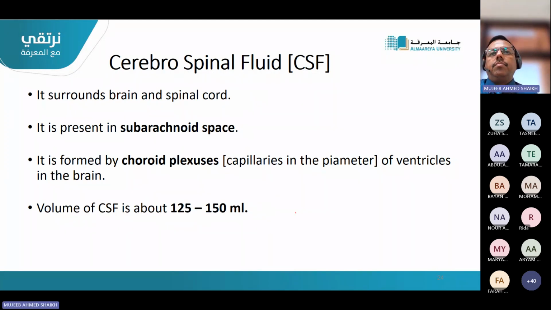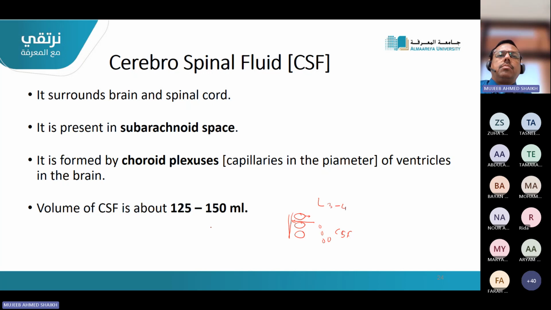In the vertebral column, these are the vertebra, and here is the spinal cord. This is outside, and this is toward the center. So we will put a needle here, and in the subarachnoid space, we will take some drops of liquid, or CSF, in between the two vertebra at the lumbar area, the third and fourth lumbar vertebra.